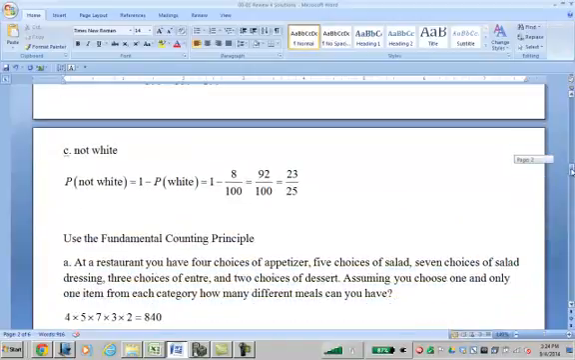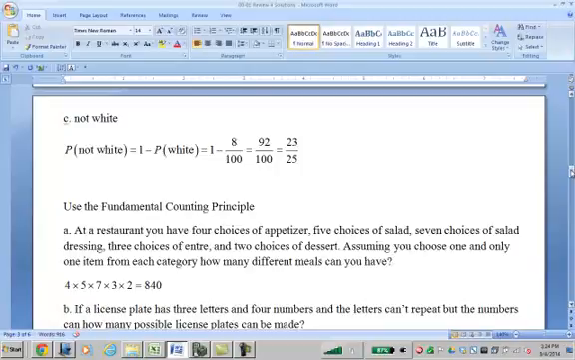Not white, we're talking about a complement. So the complement of white is 1 minus probability of white, which is 1 minus 8 over 100, 92 over 100. That reduces to 23 over 25. All of these are correct expressions of the answer: 1 minus 8 over 100, 92 over 100, 23 over 25. At the restaurant, we're going to use the fundamental counting principle